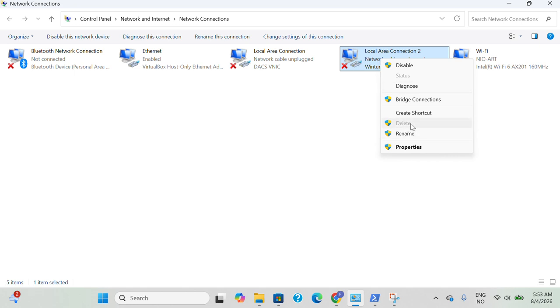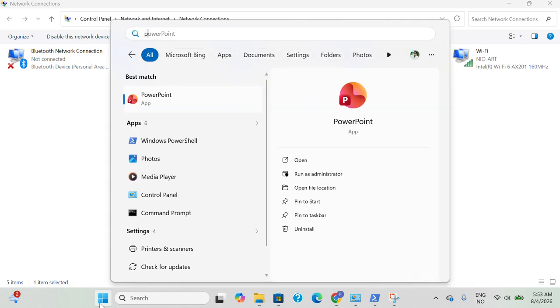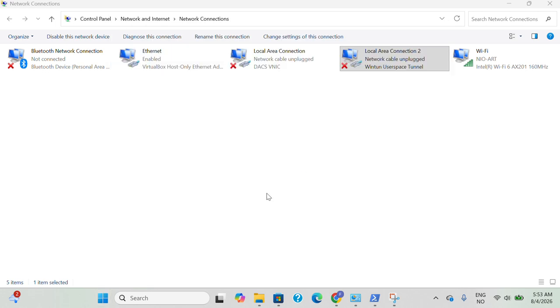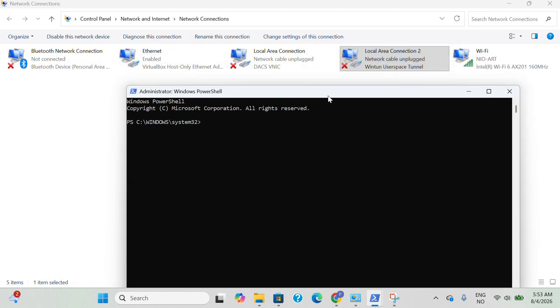For example, if you do it like this, rename, you will not get the option to change the name. But this is only possible by using PowerShell. So what you have to do is run PowerShell as administrator now. So once you run the PowerShell as administrator, now you have to type this command, that is rename hyphen